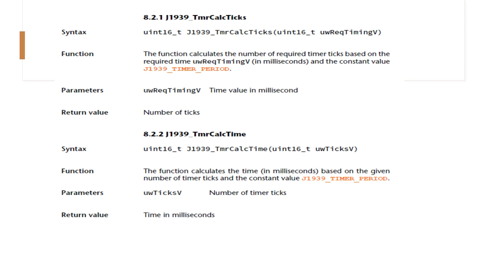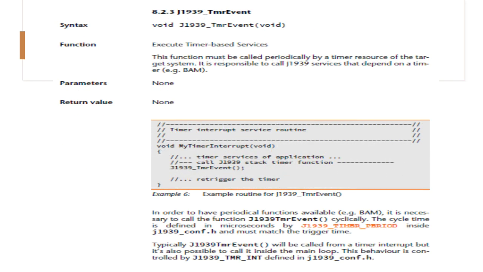Next is the timer event, J1939_TMR_EVENT. This function must be called periodically by a timer resource of the target system. It is responsible for calling J1939 services that depend on a timer, for example BAM.